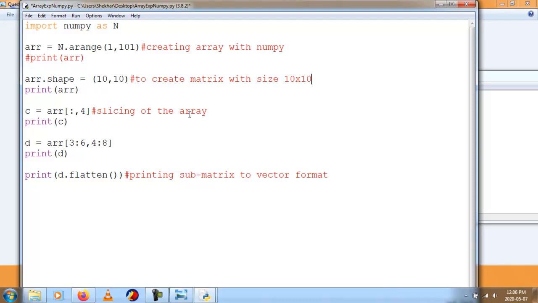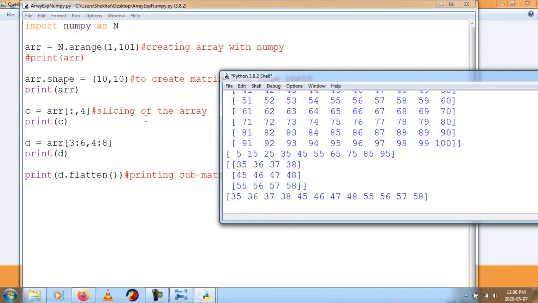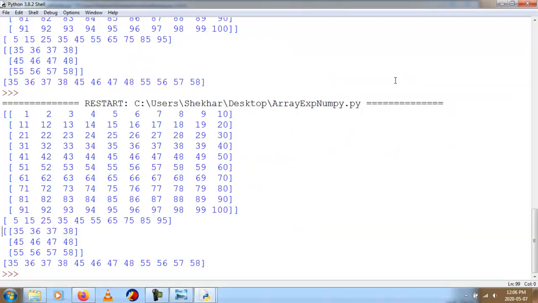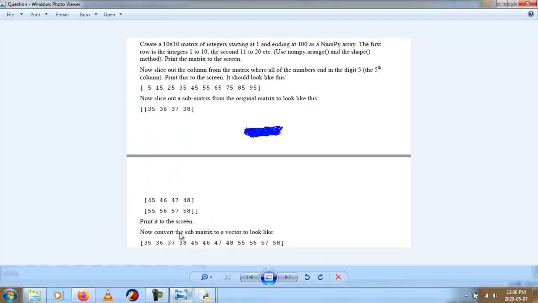I am slicing the array, each of the fourth column from 0 to 9, so all the 5s, and thereafter I am slicing the particular required rows 3 to 6 and columns 4 to 8 and printing, and I am using flatten to convert the submatrix to a vector. So I will save this code and run it once again. So this is our output, the exact output we are expecting from our question. So this is the solution for this question.